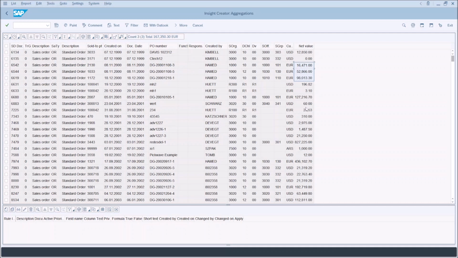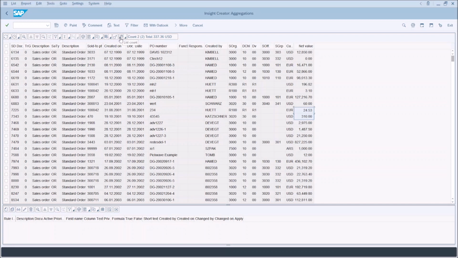The same will apply if I pick records with dollars. The nice feature is if you select a few records, one with euro and one with dollar, the system will convert everything into the default currency of the user, resulting in one value based on the conversion rate of your system, of the currency table. Okay, the last thing is